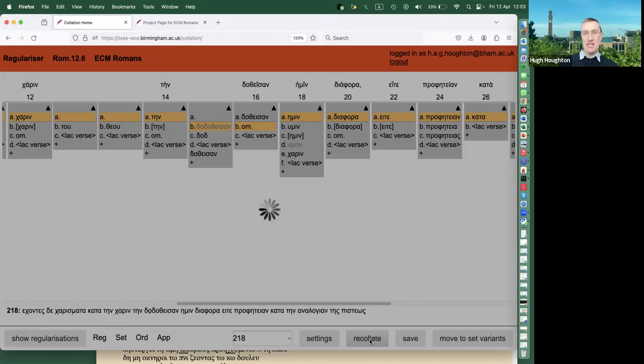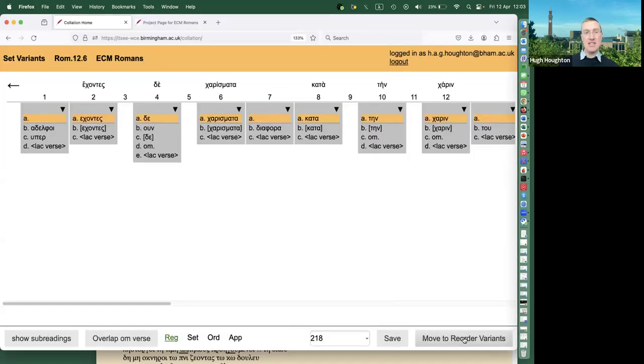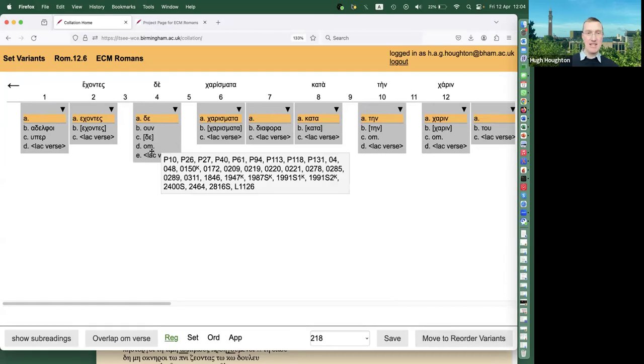And this is the end of the stage of regularization. We've cleaned up everything within these grey boxes that we can possibly clean up at the minute. So I'm going to save that and move to the next stage, which is set variance. Now in set variance, we change the horizontal alignment of the boxes in order to construct the apparatus as it will come out according to how we would expect that in